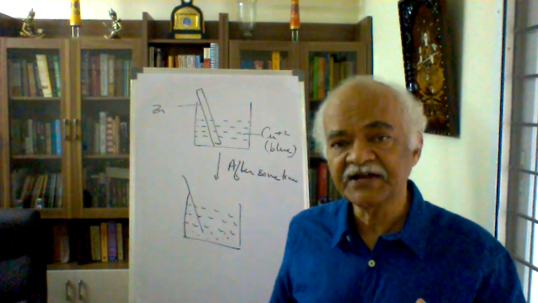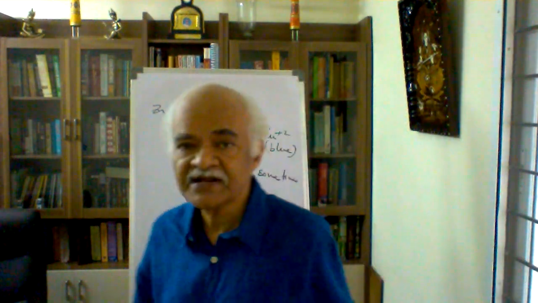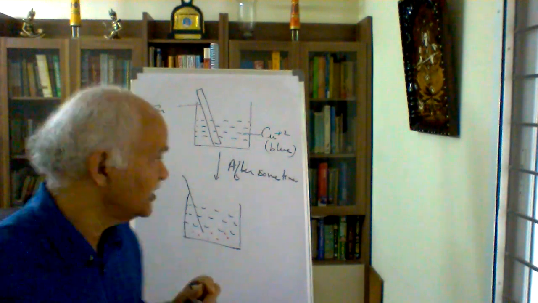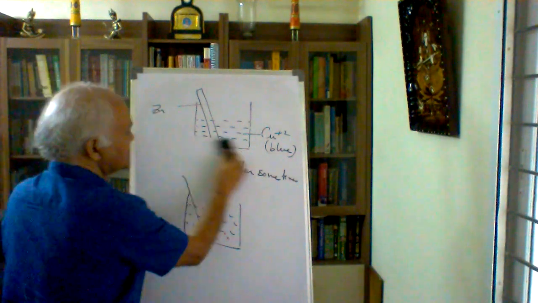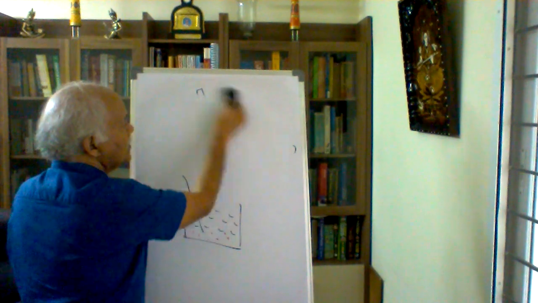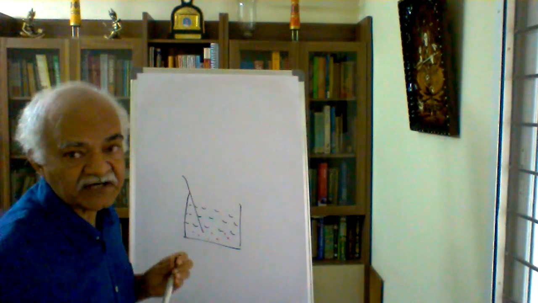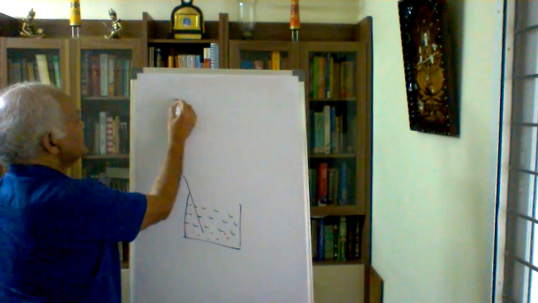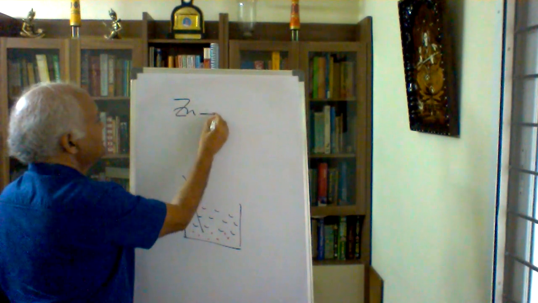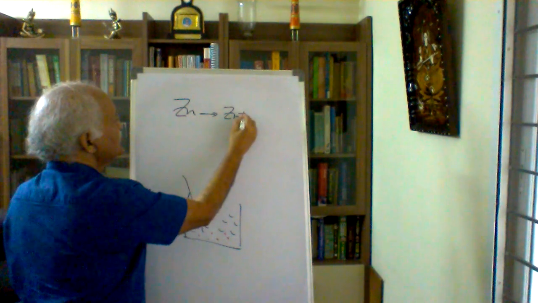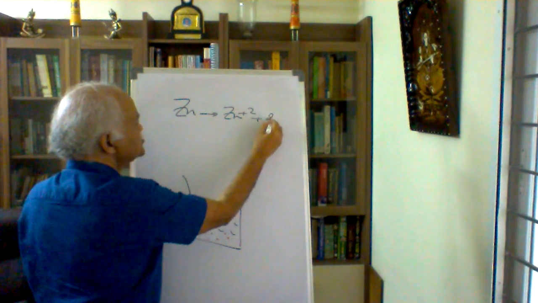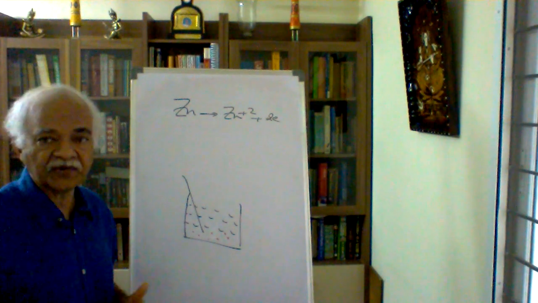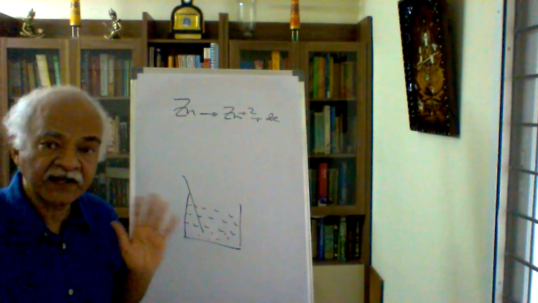To start with, we'll take up first of all zinc. So what has happened to zinc here? Zinc has become slightly thinner now, that rod. So I will write the corresponding equation for that. What is the corresponding equation that must have led to that change in observation? My zinc must have been converted to Zn2+, and it has lost 2 electrons. That is, it has gone to solution now. Zn2+ solution has no color.